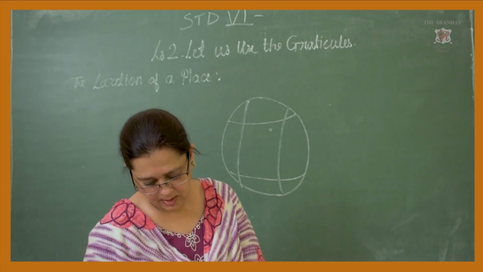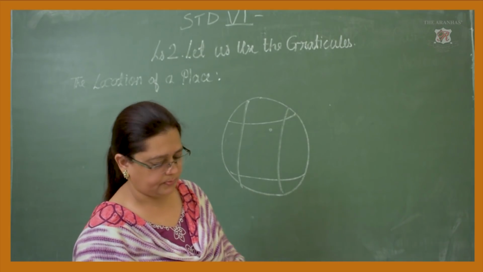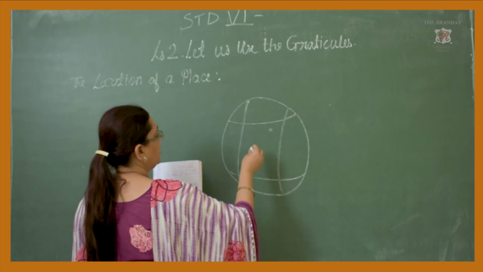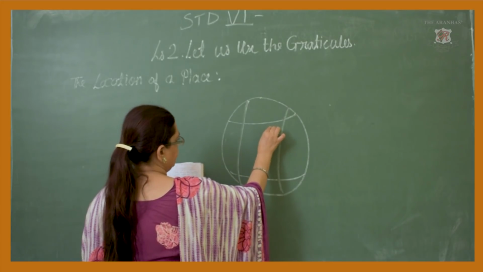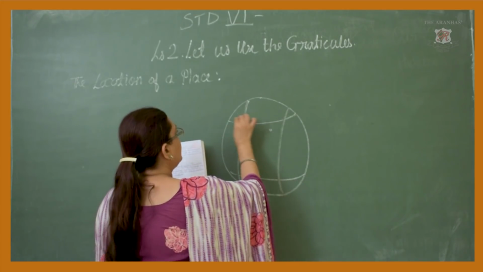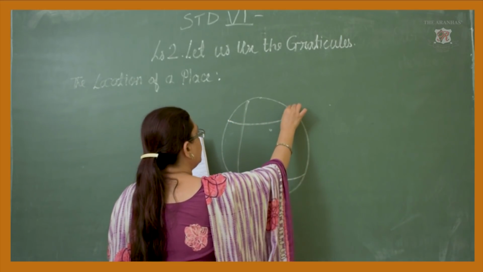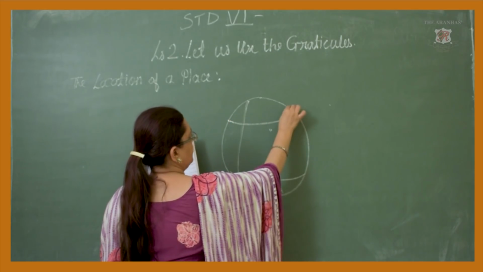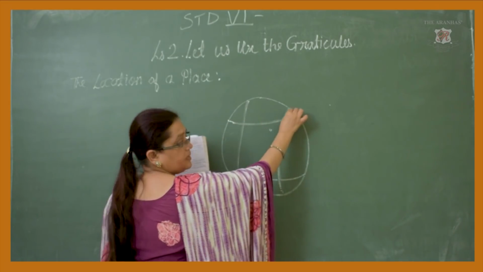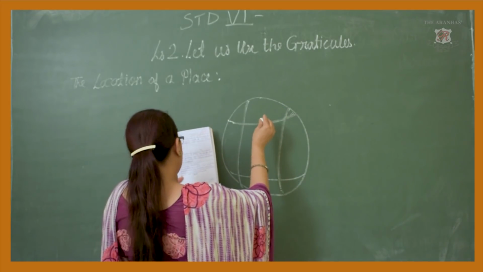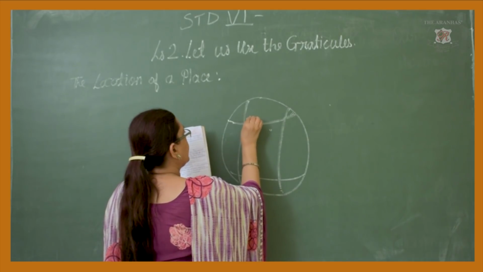To find the location of Delhi, we need only one parallel and one meridian, only this one. And it is located at 28